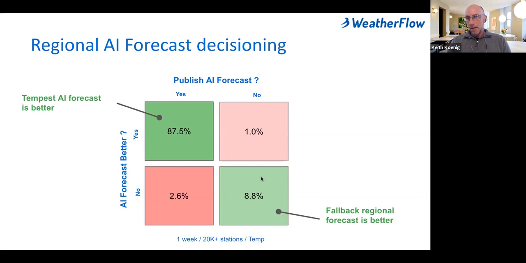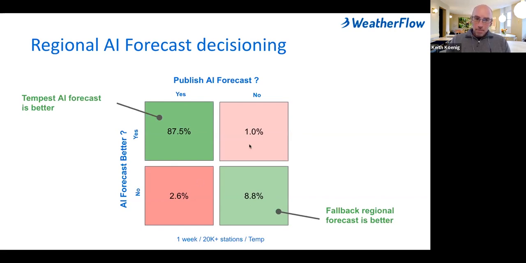Instead, we present the fallback regional forecast, and because of a post-hoc comparison of the data, it ends up being the best available model performance for that given day. So collectively, 90-something% of the time, based on a post-hoc analysis of what actually happened from ground truth, we are able to give the customer the absolute best model in the world for their exact location.